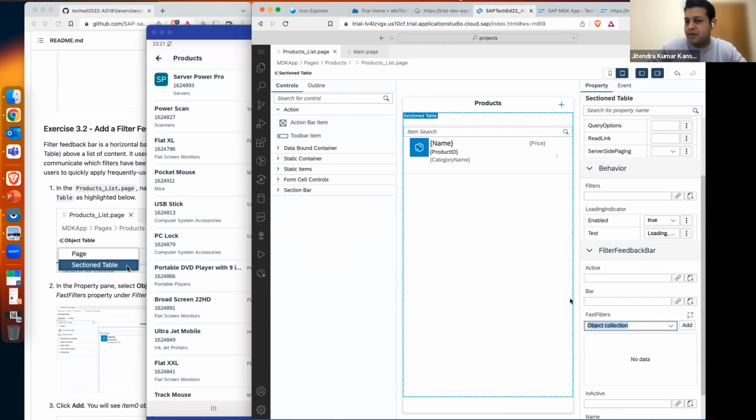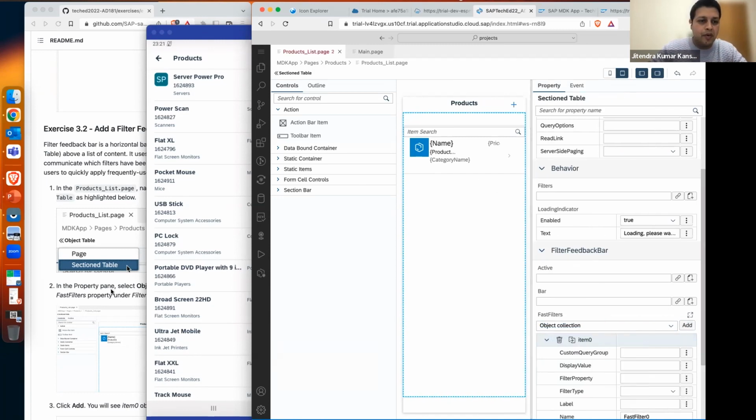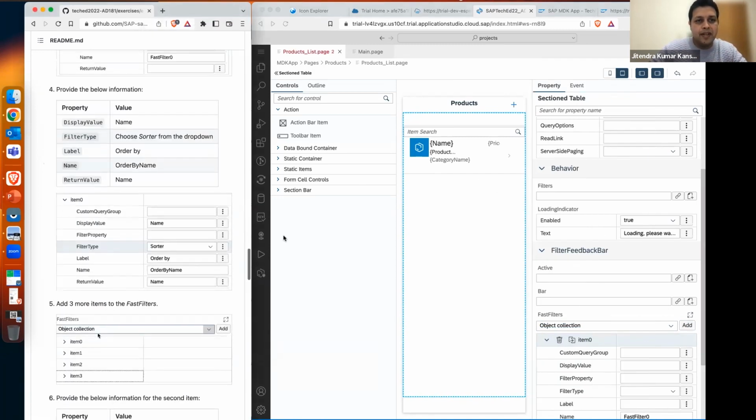then I start adding some collection here. So we will add an order by name or order by price, and we'll add some filter, for example, category is notebook. Based on those selections, the product list will be sorted or filtered. So we'll start adding a fast filter here, and when we look at the first filter,